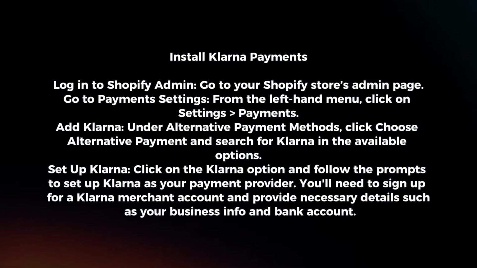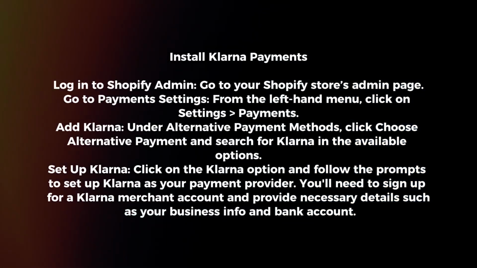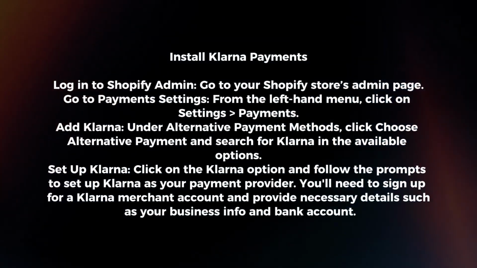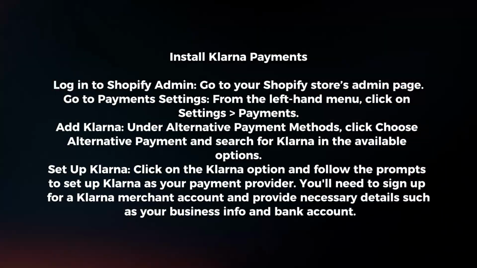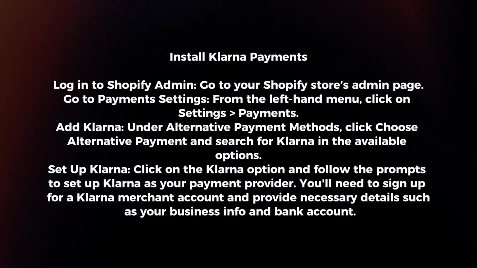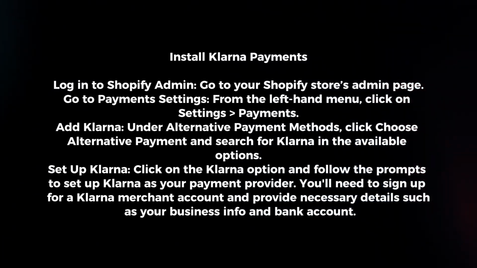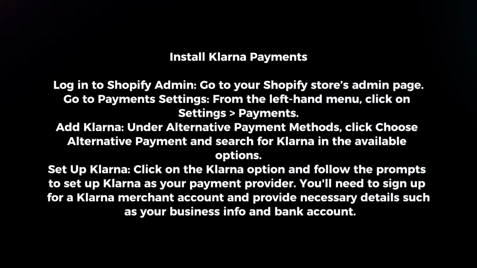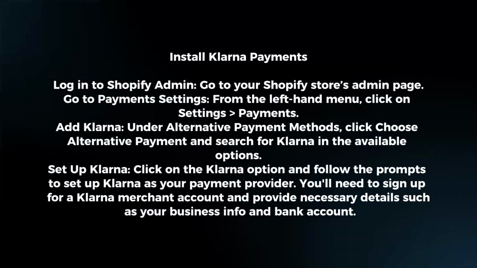Add Klarna. Under Alternative Payment Methods, click Choose Alternative Payment and search for Klarna in the available options. Set up Klarna. Click on the Klarna option and follow the prompts to set up Klarna as your payment provider. You will need to sign up for a Klarna merchant account and provide necessary details such as your business info